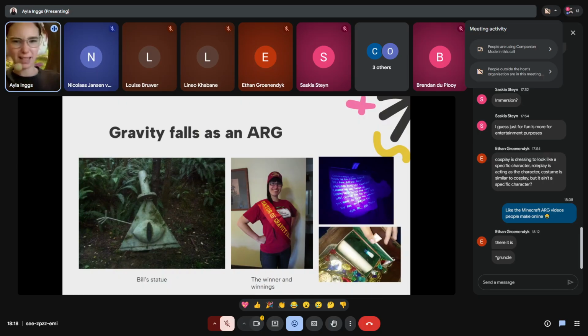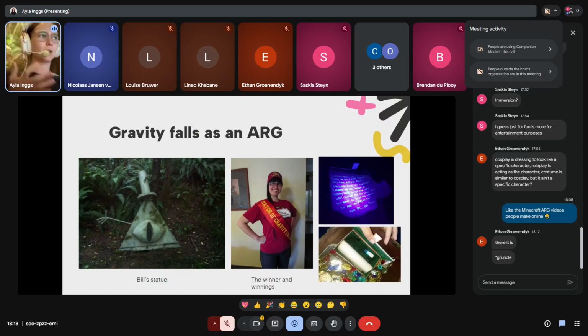There was a USB in there with extra content. There were fake gems and fake coins, a music box. There was a whole lot of different things. So once you've solved the mystery, you do feel like you got something at the end. It's not just, oh well, now I know more about the story. It's a fun experience that people can participate in, and it didn't just stop there.